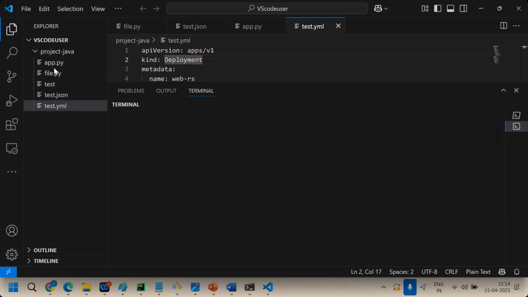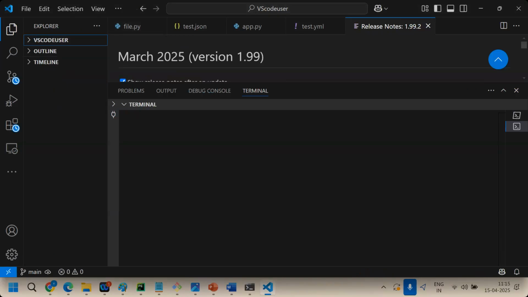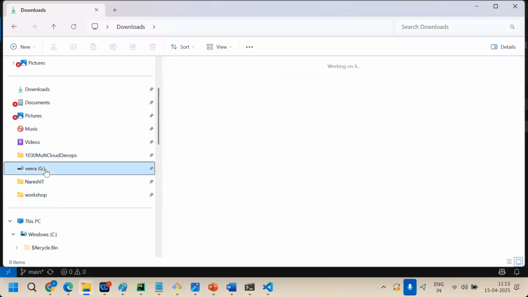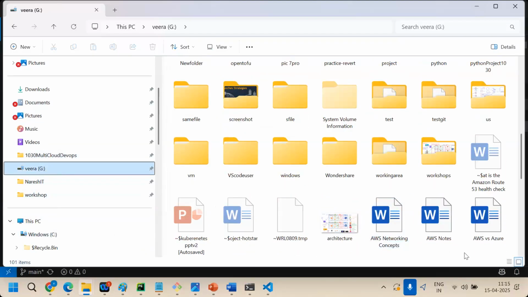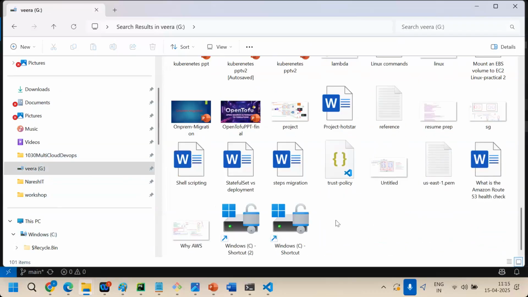On your end, nothing will show. On my end, some existing files are already there. So you can do one thing: before that, create a working directory. Terraform, I'm just giving 10:30 a.m. This is your local repository from today.